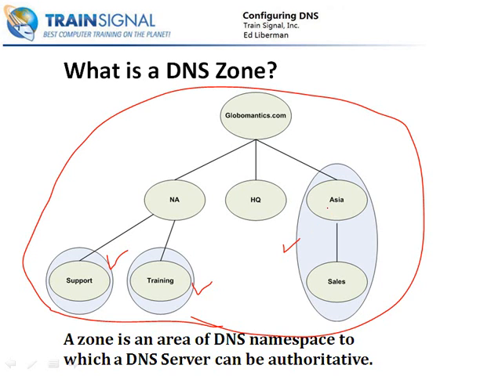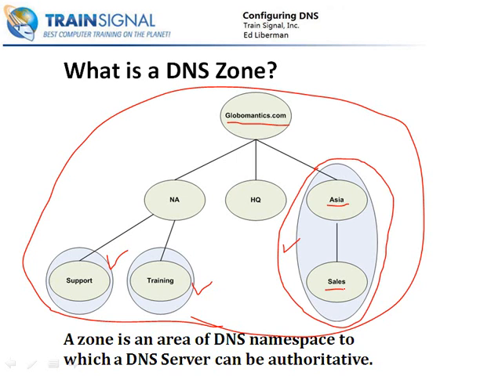But here, I've delegated out the asia.globalmantics.com zone. So I've made that its own zone so that there are separate DNS servers which will be authoritative for that namespace. You'll notice that this is kind of an elongated oval that I've highlighted here, which includes the